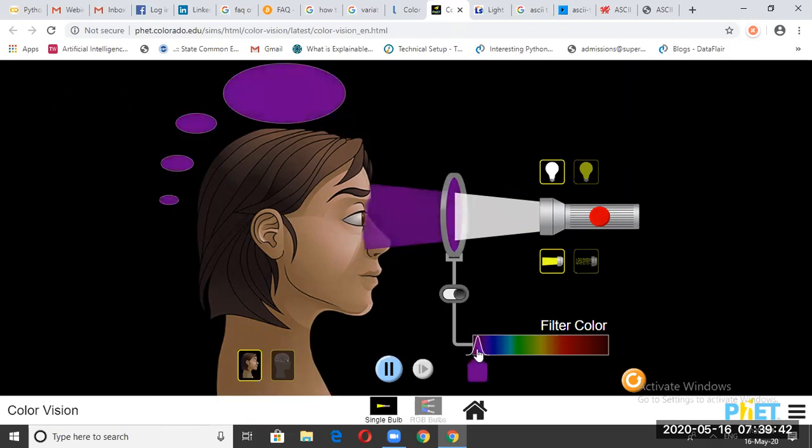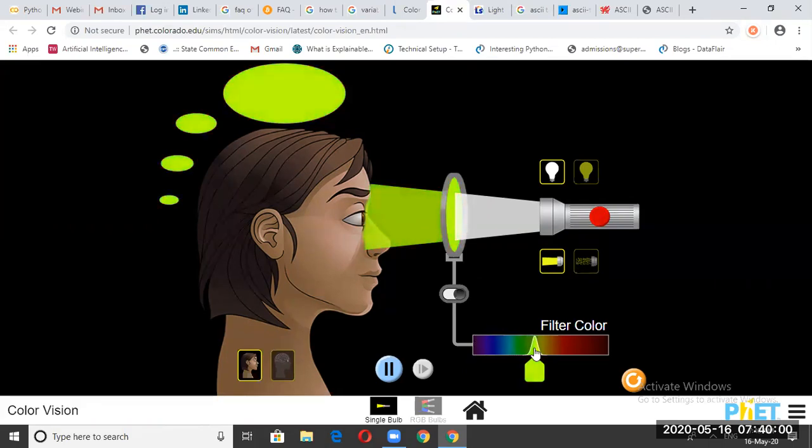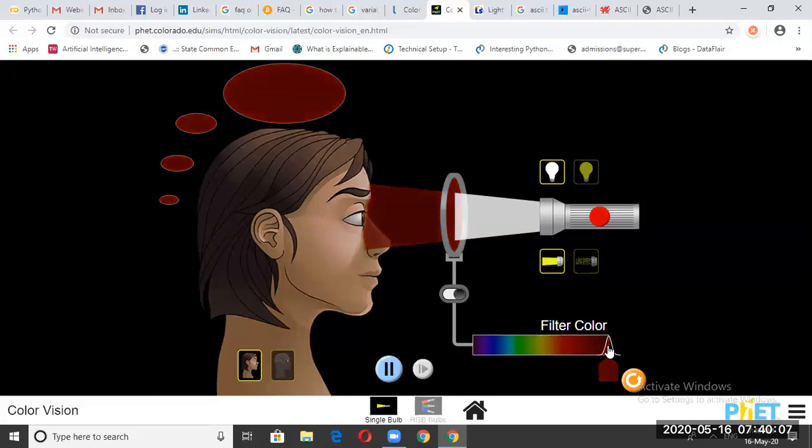And as I go on varying this, I am varying the wavelength and you can see how the color is varying. So the color is varying now. And these are the lights in the visible spectrum. We have 7 colors, but right now we can see the 6 colors here.